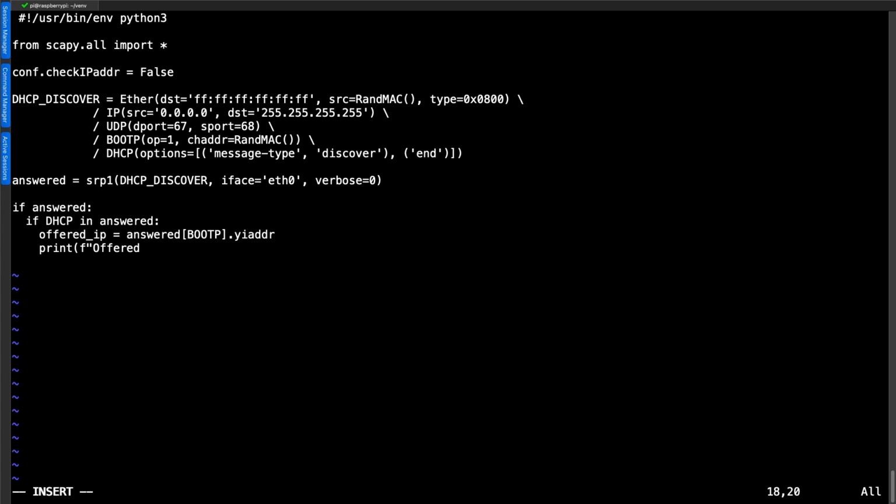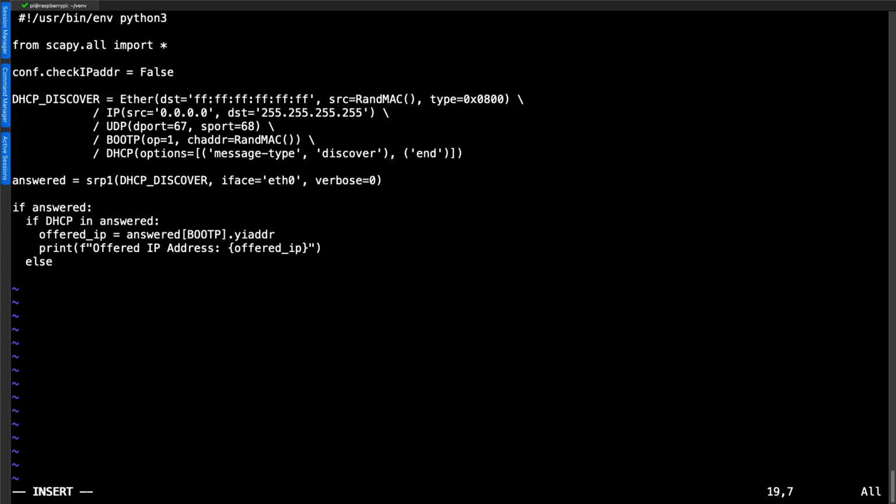We're using print with the f here, so we can then combine our text and variables together. And we do that using the brace brackets and our variable name offered_ip inside of the brace brackets. We can close off our brace brackets, close off our double quotes, and close off the parentheses for the print function. And that's it. So if we have got the DHCP offer inside of answered, we're going to be able to print it through to the screen.